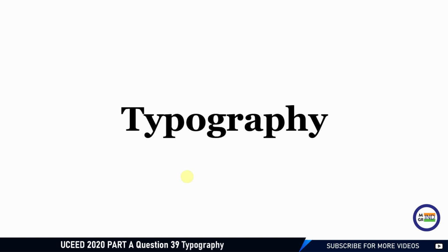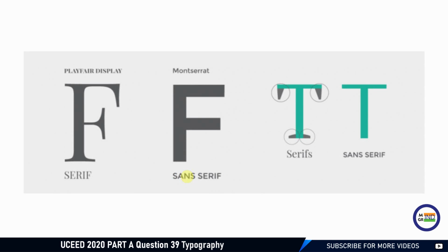So typography can basically be divided into two categories. The first being serif and the other being sans serif. Serif fonts are those fonts which have small strokes or protruding edges, like we can see here. Sans means without, which are without those small strokes. Serif fonts are used in print media. For example, in our newspapers, we see the text known as Times New Roman. Sans serif font is popularly used in digital media. For example, Google uses Roboto font and Apple uses Helvetica font.